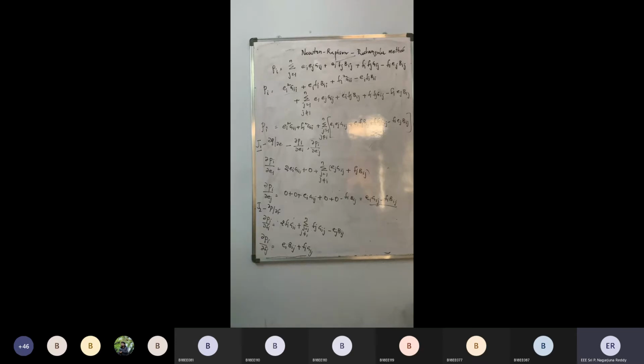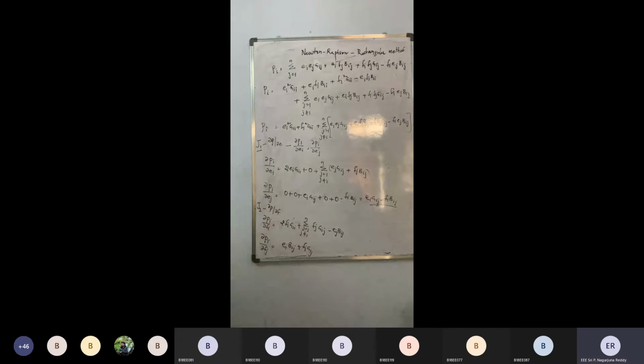So for starting this derivation, we need to determine what are the power equations in terms of rectangular coordinate system, which we have completed in the last class. We have derived this expression Pi in the last class. You can go to the video of last class. This is Pi. And based upon this Pi, there are 2 submatrices. One is J1, which is dou P by dou E. The other one is J2, dou P by dou F.